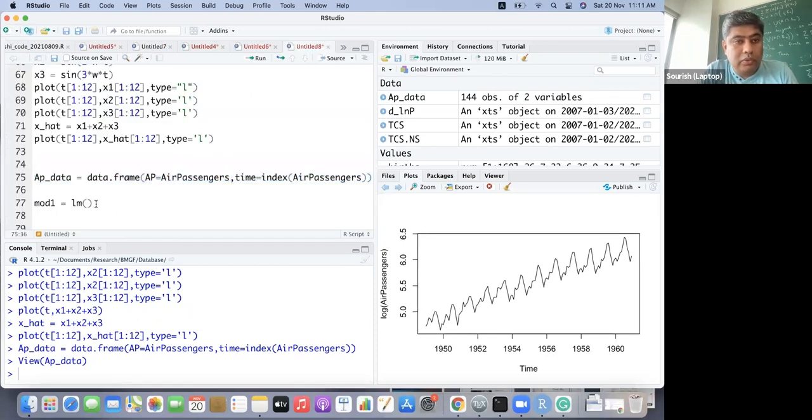Okay, so we can just plot it versus air passenger.